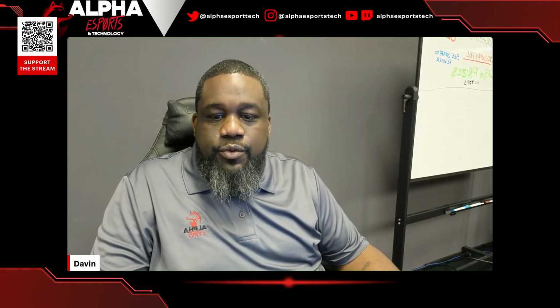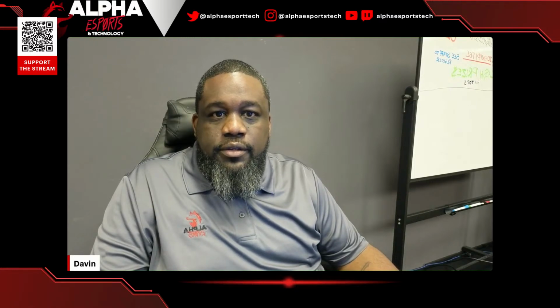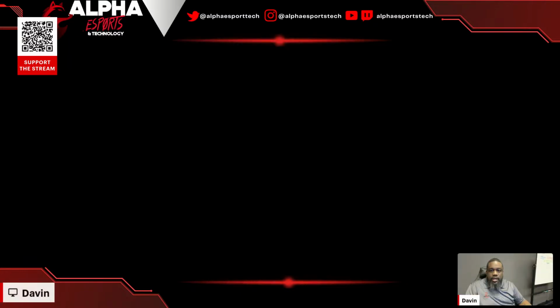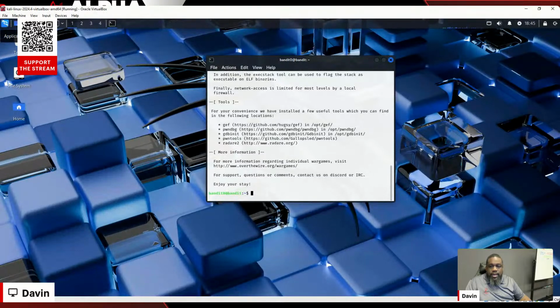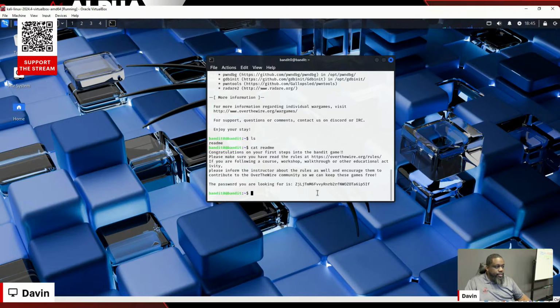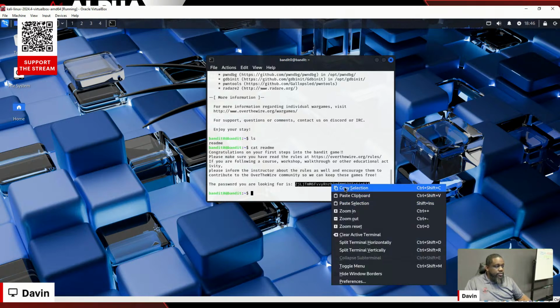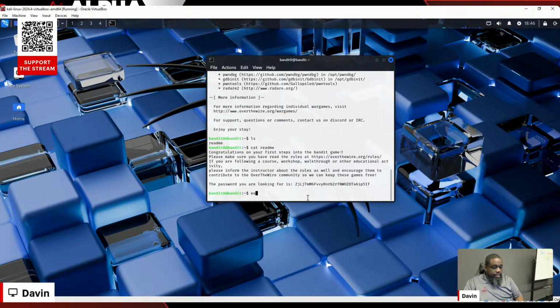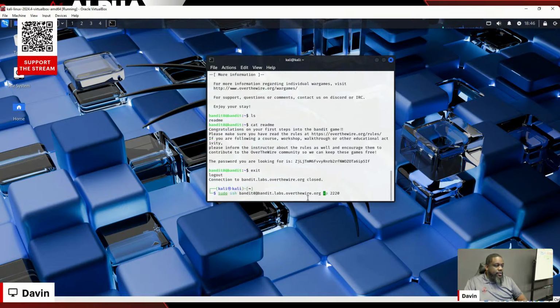All right, let's move over here, and we're just going to quickly review, since I seem to have lost my password. We started off with level 0, and the code was bandit0. So we SSH into the machine, and now if we hit ls and cat the README file, it will give us the password here. We'll copy this, and now we'll exit out, and we will now go to